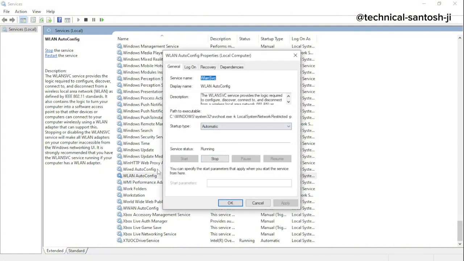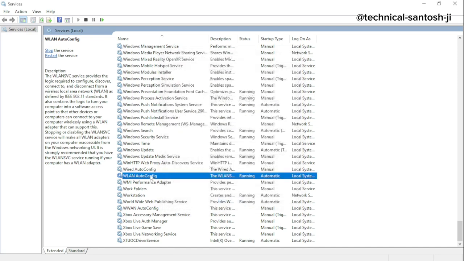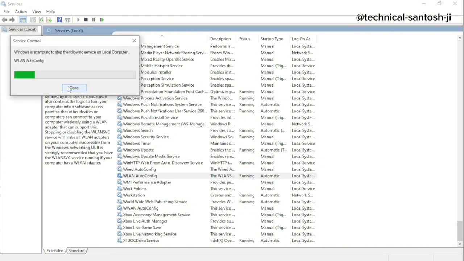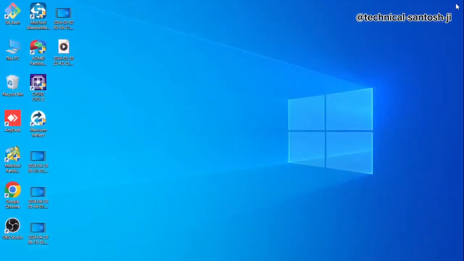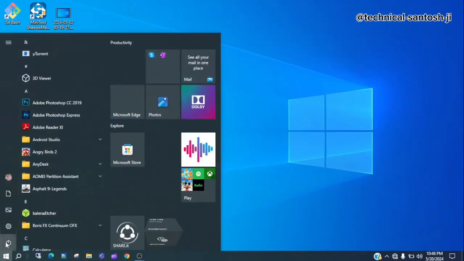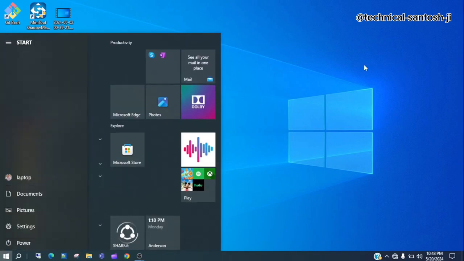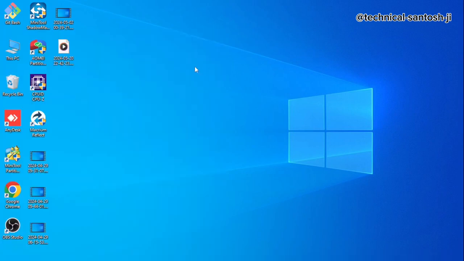First of all, double click on it and check whether the state is running or not. If the state is not running, then the start option will be highlighted. In my case it is already started. Click OK, and you can simply click on restart. And you can restart the Windows. After restart, if the issue is still not resolved, then what we can do is